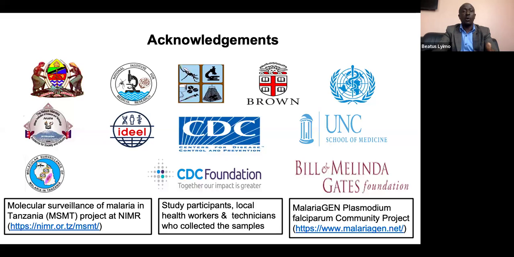Now we have this, we call the in silico work, where we can use several candidates, and you can use a computational model to predict, when we mix AMA, MSP group, and the Pfcsp together and come up with a vaccine, how it is going to perform. So there are all those tools which are available, and they can help us to come up with the ideal vaccine. So yes, I support, the tools are there, and we can use them to come up with a very good vaccine. Thank you. Thanks, Beatus.